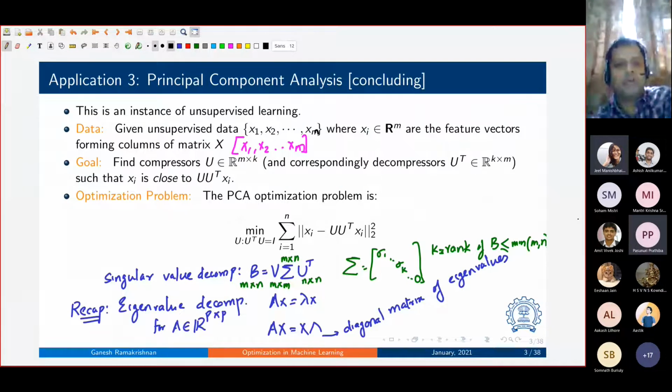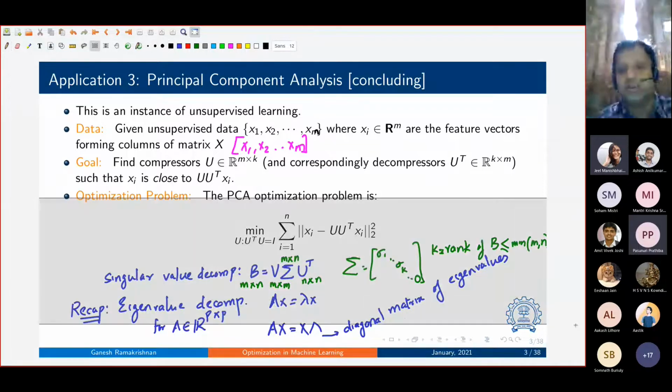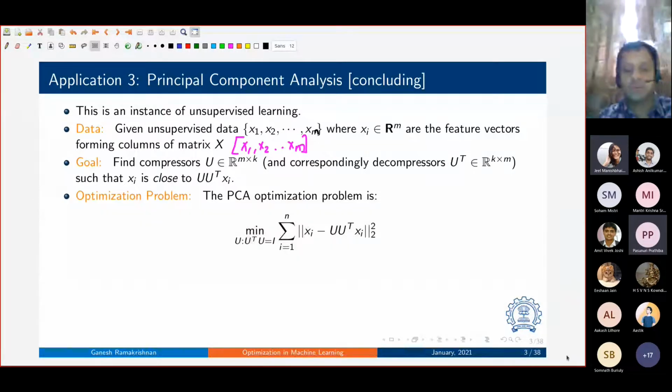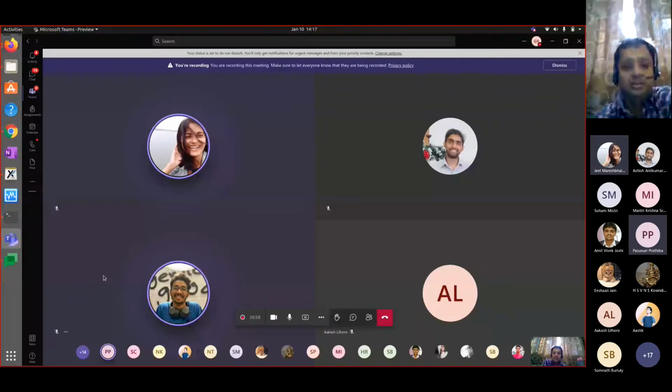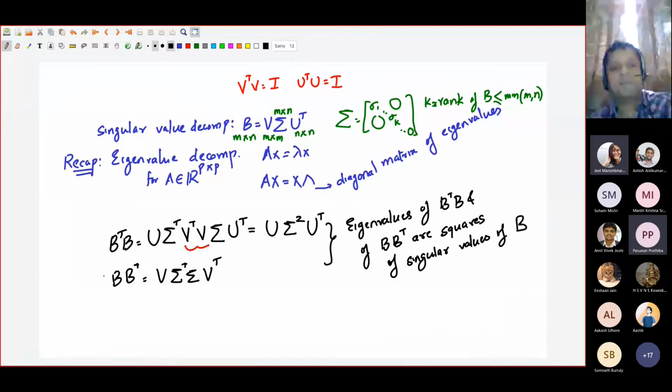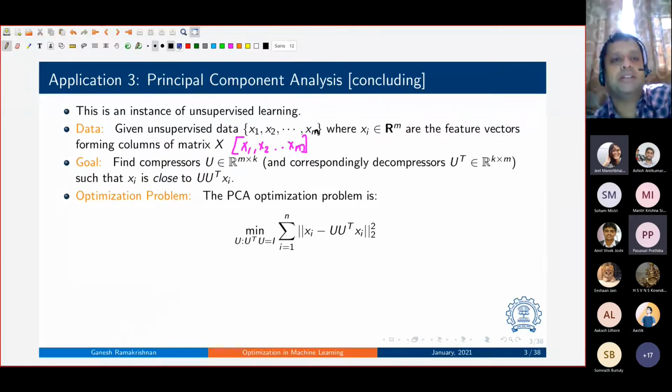So going back, how would you solve this? We have got the abstraction on the next page, so I'm going to clear this space. I would like your suggestions on how you would solve. With this background, how would you solve PCA? What would be the first principal component? Do you think there would be a role played by the singular value decomposition of the matrix X? Suppose I had the singular value decomposition of the matrix X. What could you do with it? I would like you to interact and contribute.